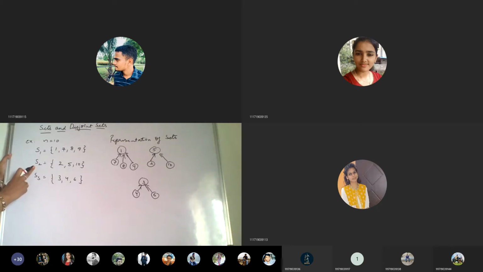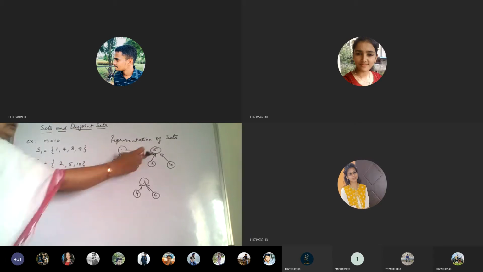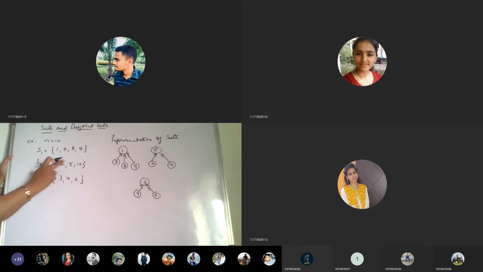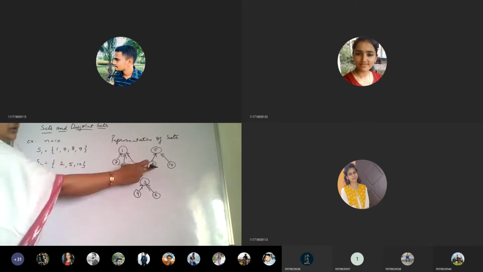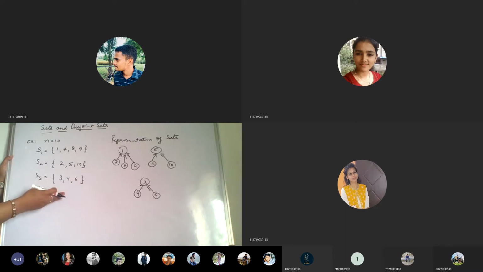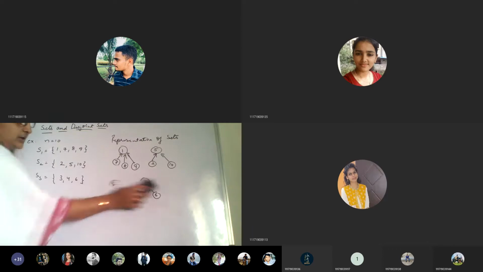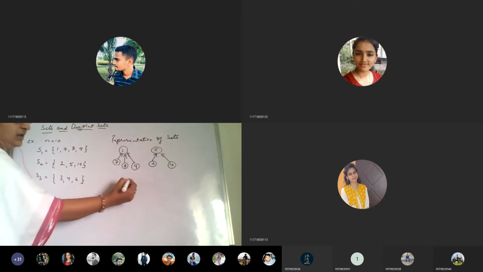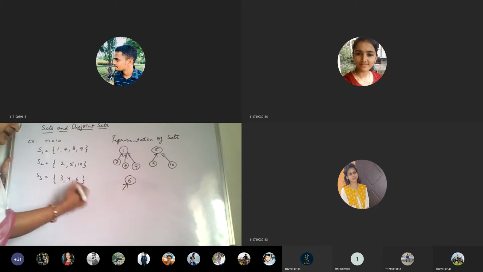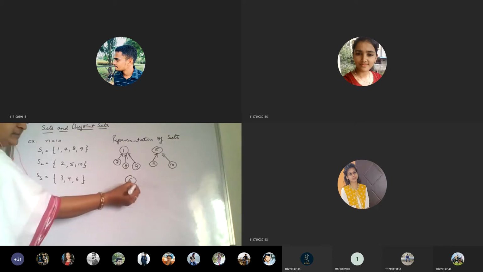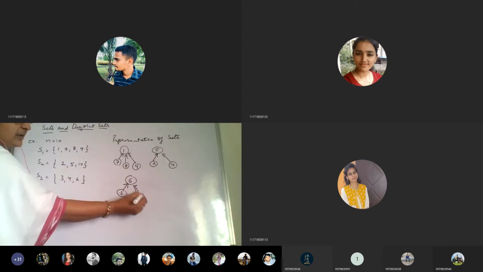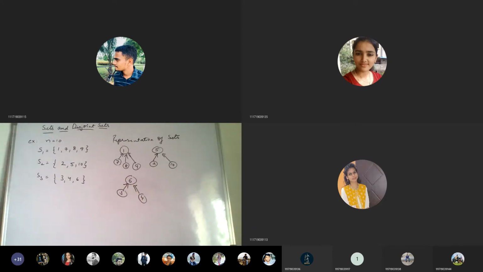Now looking at set 2, which has 2, 5 and 10. Instead of taking the first one as the parent, I took the second one, 5, as the parent, and I made 2 a child of 5 and 10 a child of 5. In the third one, again I took 1, or else you can take the last element, maybe for your own satisfaction. Any element in the set can be the parent, but please remember the arrow pointing. So these are the representations we give for sets.